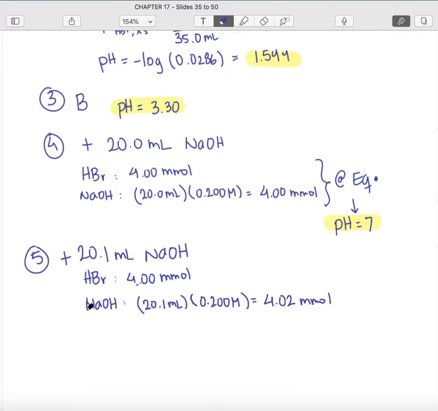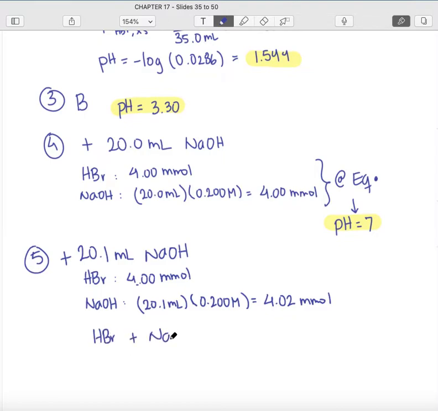Next, what we need to figure out is which of the substances is in excess and by how much. And hopefully you can see already that just by looking at these two numbers, you're able to figure out that sodium hydroxide is in excess and that the excess would be 0.02. But if you cannot see that, I encourage you to do an ICR chart where again you take the HBr,